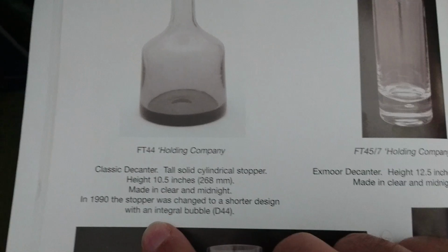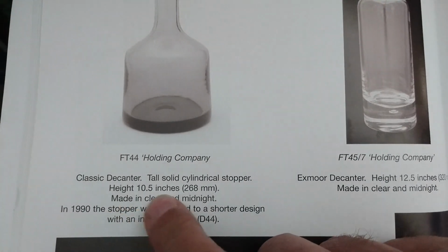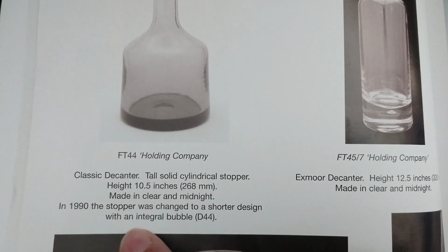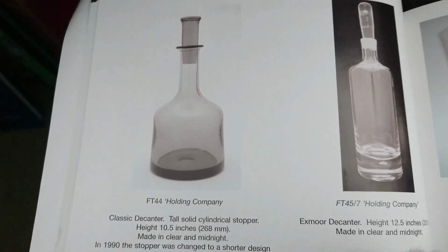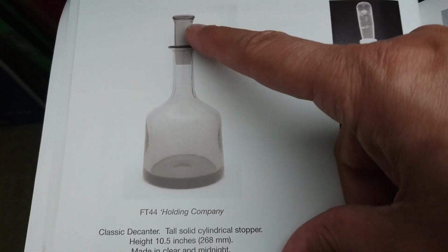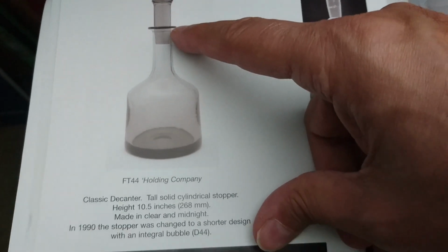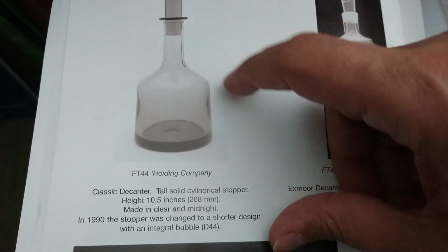Now it does tell you something interesting here. It tells you it was made in clear and midnight, and then it says in 1990 the stopper was changed to a shorter design with an integral bubble. Okay, so the stopper we were looking at, although the peg's a bit shorter, it looks about this height, and it didn't have a bubble, which means that this one is pre-1990,